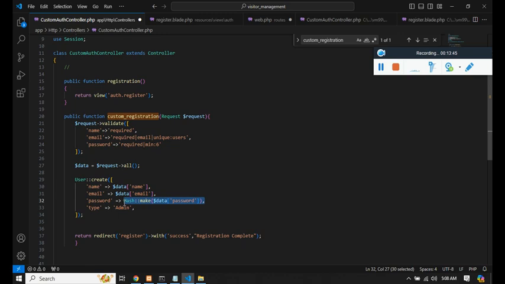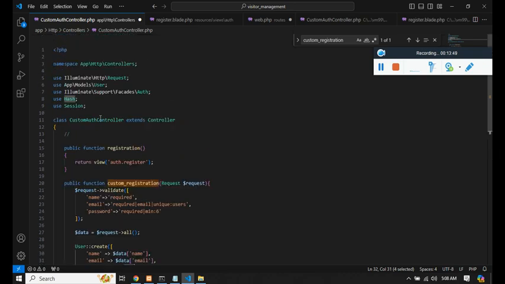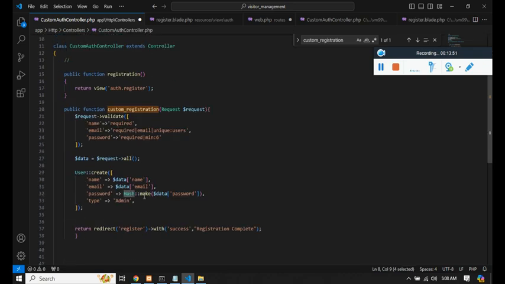We have converted the text password into hash password using this class called Hash, and with this Hash we have a static method, and this double colon is called scope resolution operator, and we are calling the class Hash as a static method make, and we are passing the text field, and we are converting the text field into hash password and storing it into the column. And then since